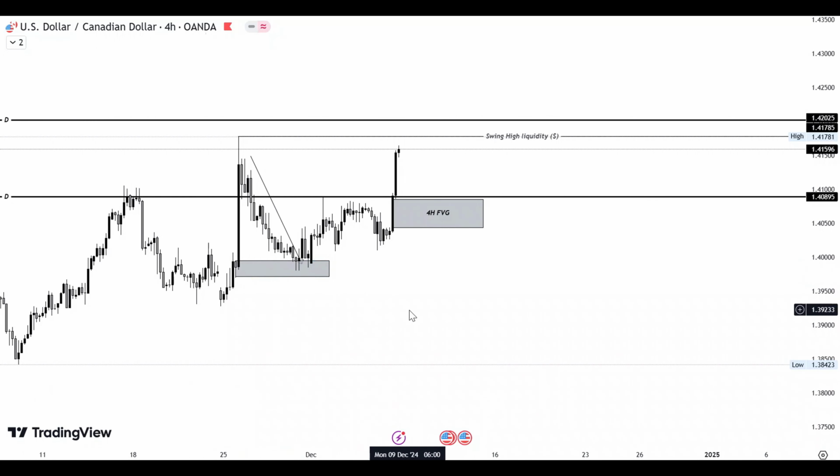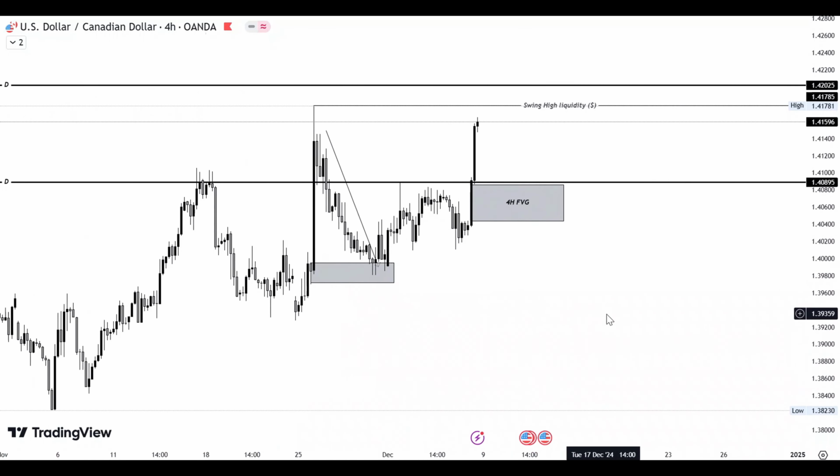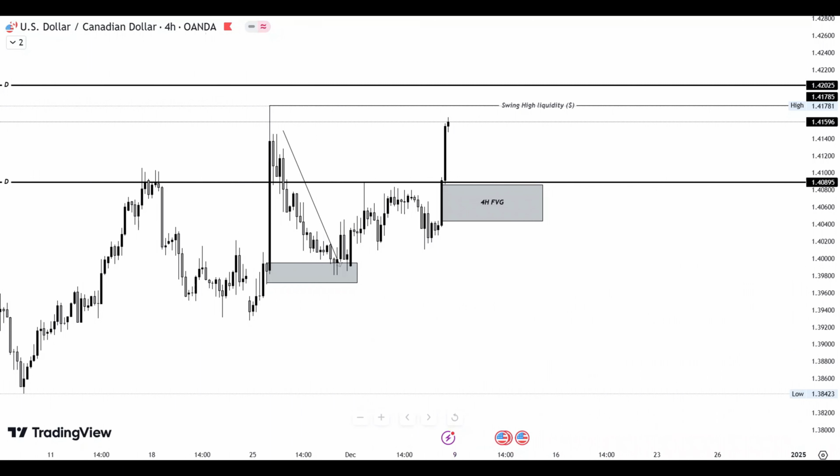Now, remember, this is a 4-hour time frame, so your order block and your support and resistance level are very strong on the higher time frame. The market respected that order block there and started going back to the upside, but there was not enough liquidity to push the market to take out this swing high. So the market retraced back